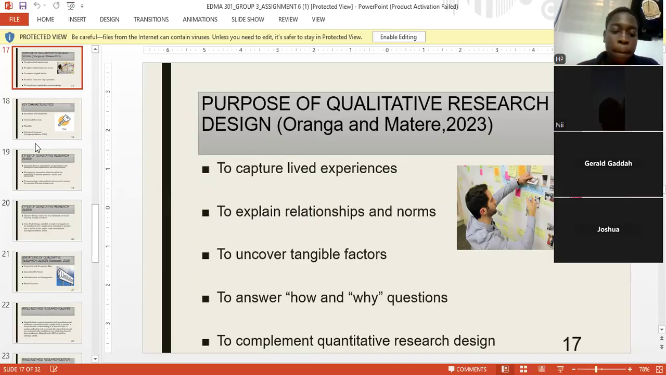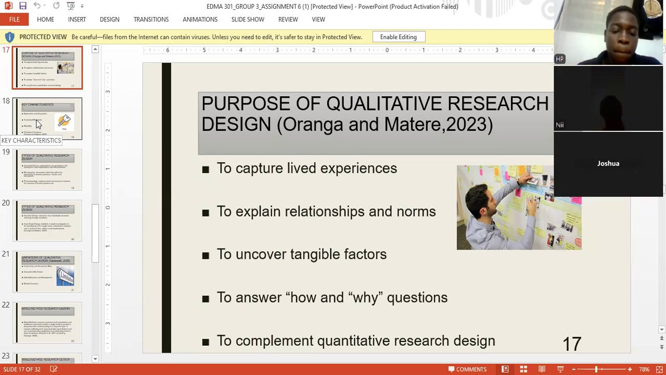And finally, it complements the quantitative research design. So already we've conducted a quantitative research design. We've gotten the data. But now to get the deep meaning or the reason behind the data, we have to conduct the qualitative research design to get those meanings. On the next slide, we're talking about